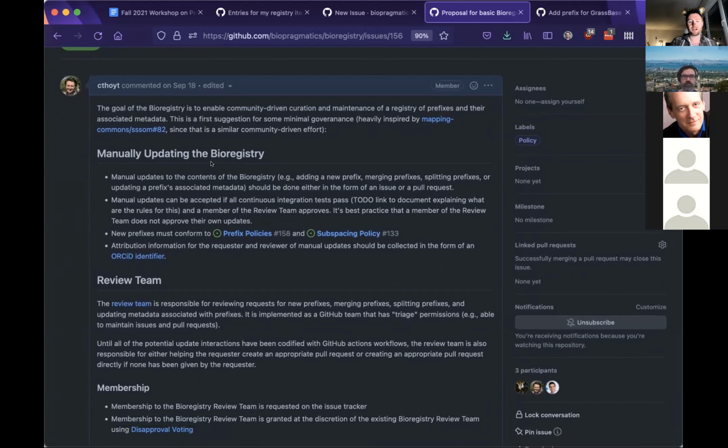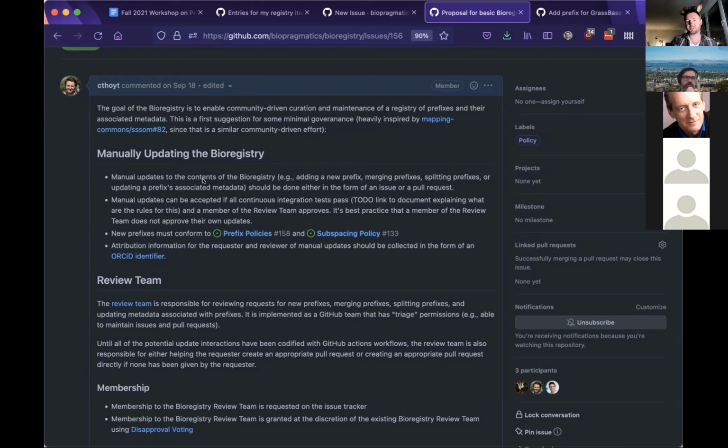So when it comes to updating the bioregistry, I think what we need to do is give some guidelines on how people should review the edits. We've already provided the infrastructure for making a form, what's required and what's not. And so a lot of the ideas about making reviews are sort of automated before the submission's even made. In the OBO Foundry, for example, there's a lot of back and forth that happens after somebody makes a submission because there isn't really any code or any tools that tell people what's right and what's wrong before they make a submission. And in the bioregistry, it's possible to automatically give feedback using, first of all,